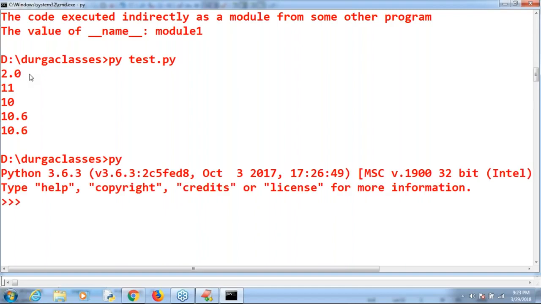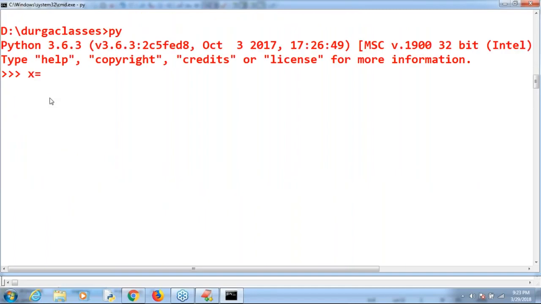Suppose I consider, observe that, sir, x is equal to 10. I'm not telling x is the int type. I'm providing 10. By default, based on your provided value, type will be assigned automatically by Python. Now observe that. What is the print? Type of x. I want to print type of x. Have you observed, right? Int type is coming automatically. So that is the meaning of dynamically typed.